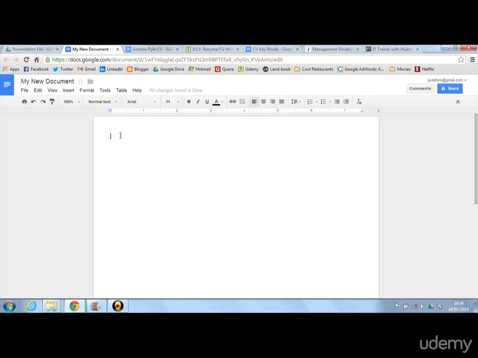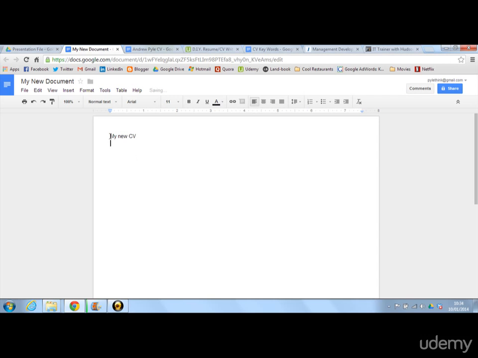But if you're on somebody else's computer, then you don't have to worry about it too much, because you can download your CV, download your document in either a Word or a PDF document. So wherever you are, you can always download a copy of it in the relevant format to forward on. So let's just put in some phrasing there, my new CV,